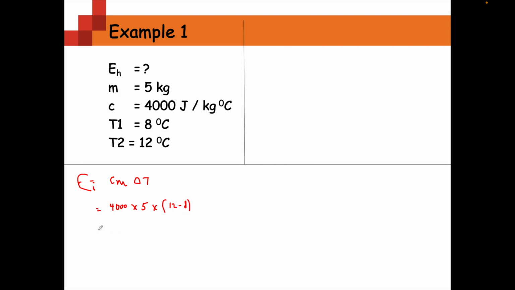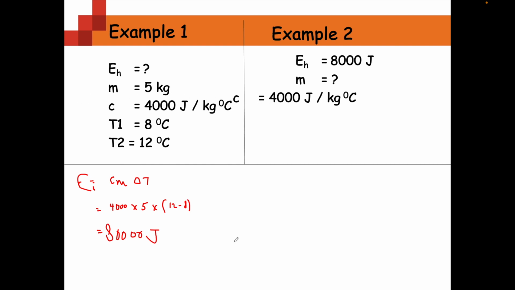Now I'd simply put that directly into my calculator to get the answer. So I'll do 4,000, multiplied by 5, multiplied by 12 minus 8 in a little bracket, and I should get 80,000 joules. Amazing. Another example: if I had the energy and I didn't know what the mass was, and I wanted to find the mass,